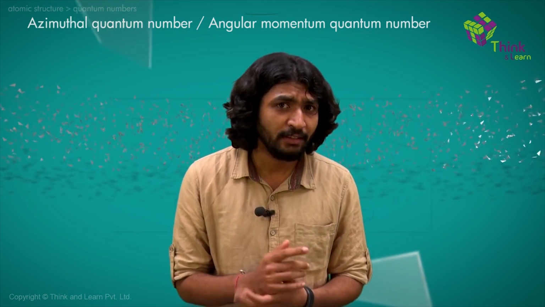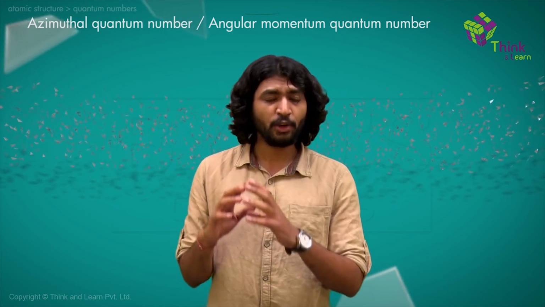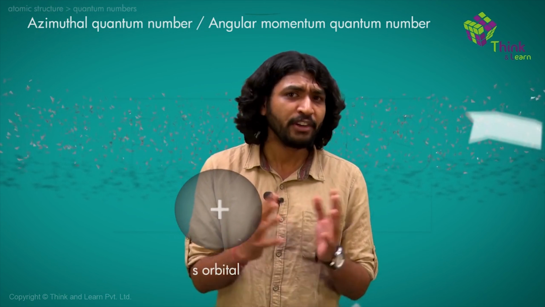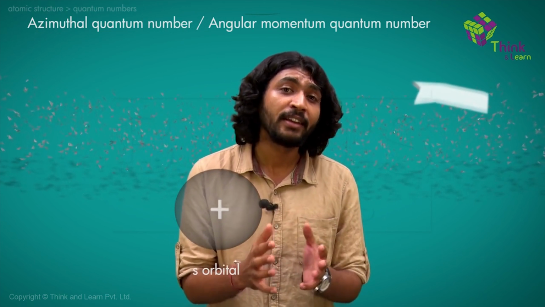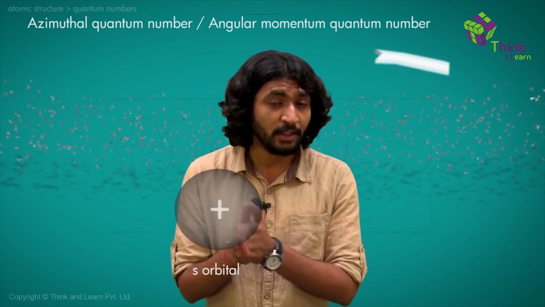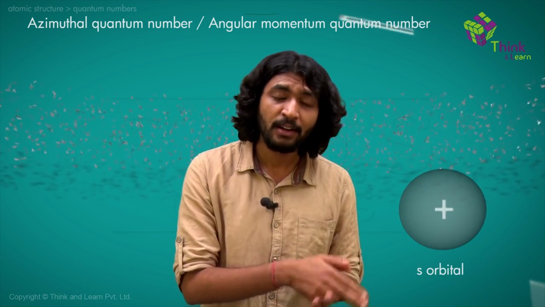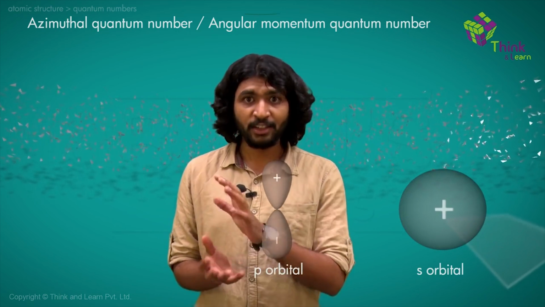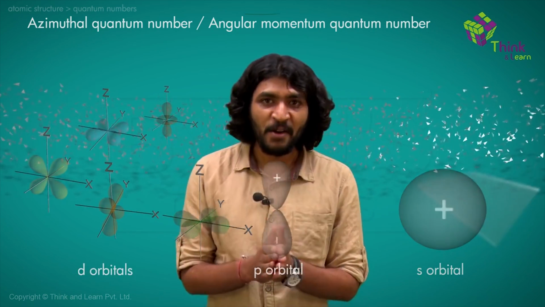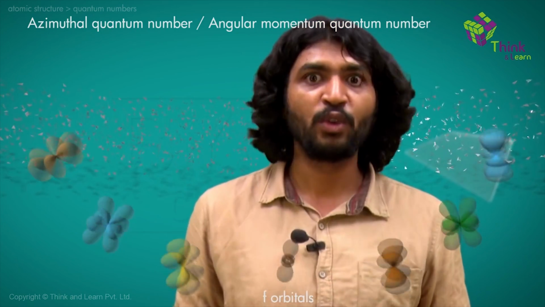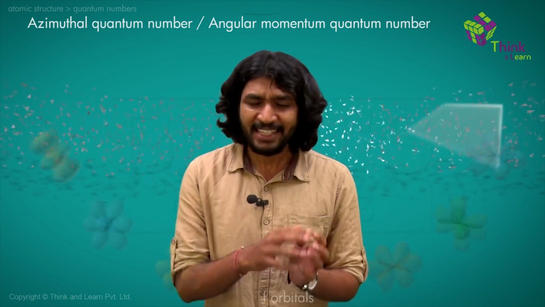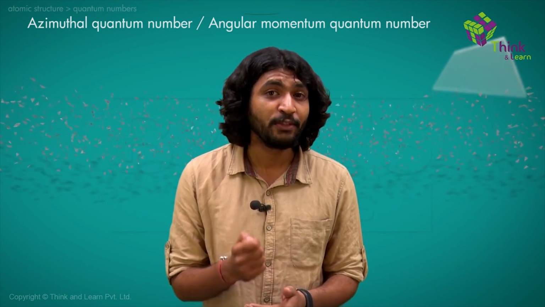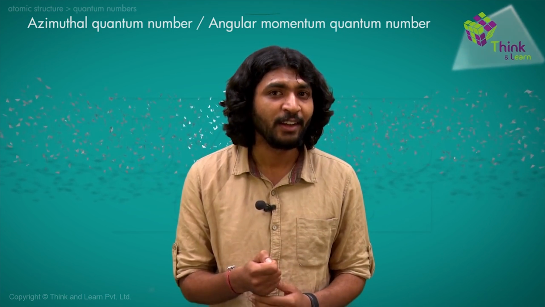For the first energy level of hydrogen, the orbital shape is almost spherical, and we call this the s orbital. We get different shapes as we go higher in energy levels. We have the s orbital, and we have the p orbital, which looks like this. Then we have the d orbital, which could look like this, like this, like this. And we have the f orbital. So many complicated shapes. These are different regions around the nucleus where you have a very great chance of finding an electron, and these are called orbitals.